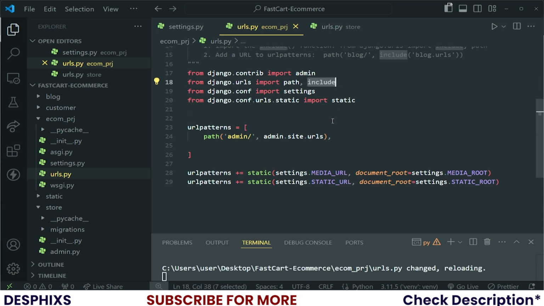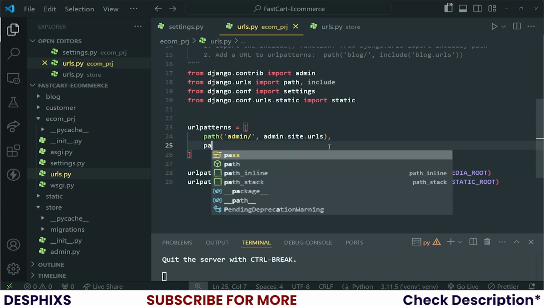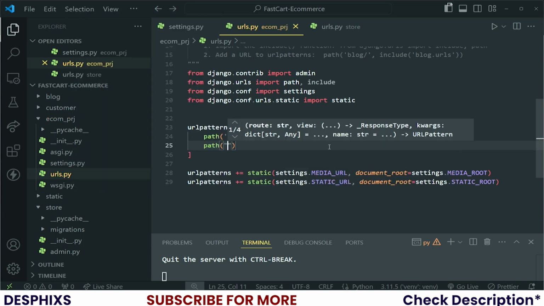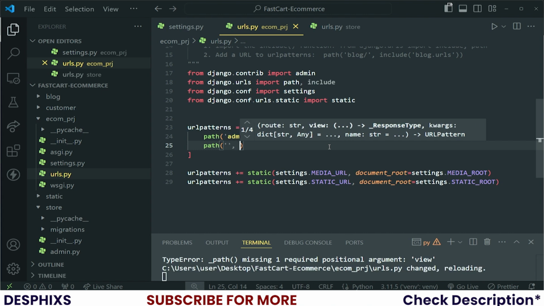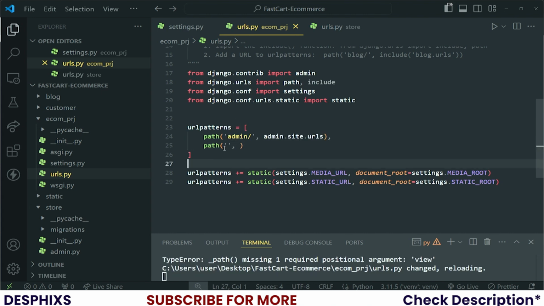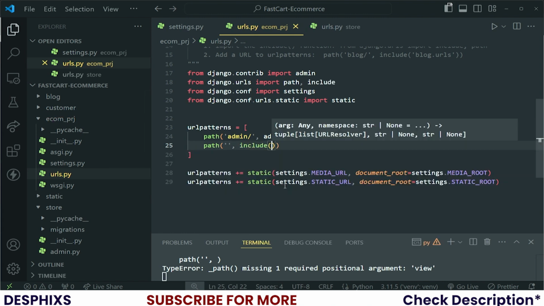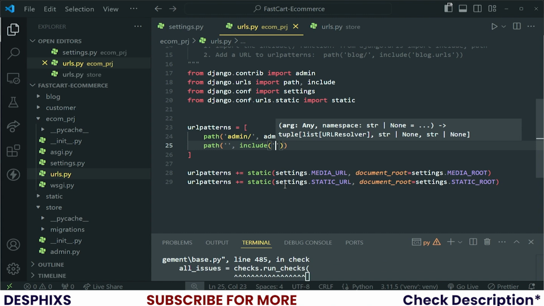And now we're going to make use of this include. So here I will say path, and I'm going to leave it as an empty string over there. Okay, right now I'm using double quotes and single quotes, which doesn't really stick to convention. So I'm going to turn this back to single quotes. And then I want to say include. Now, this is quite different from what we've been doing with the paths. We need to include, then in a quote,